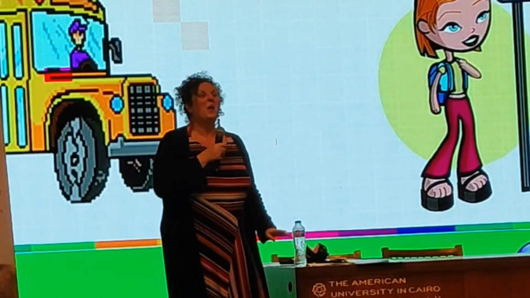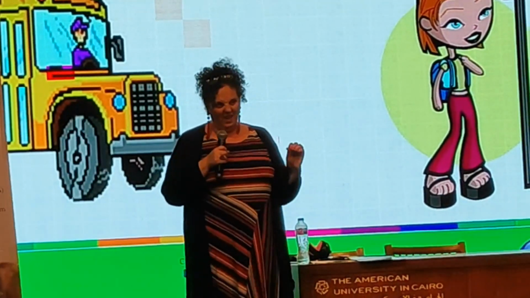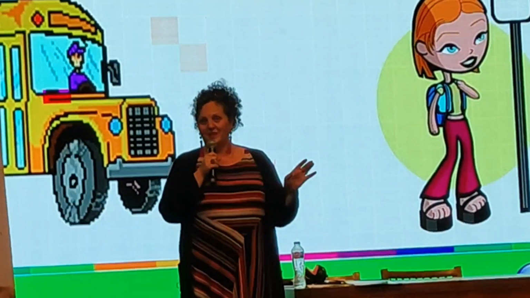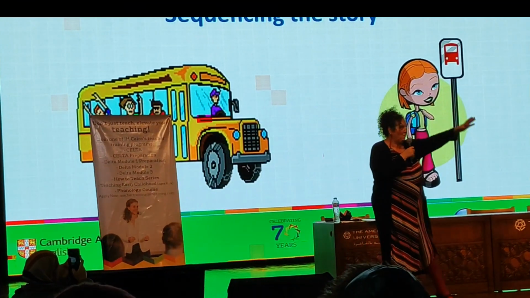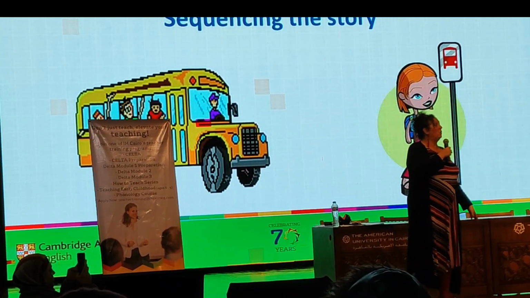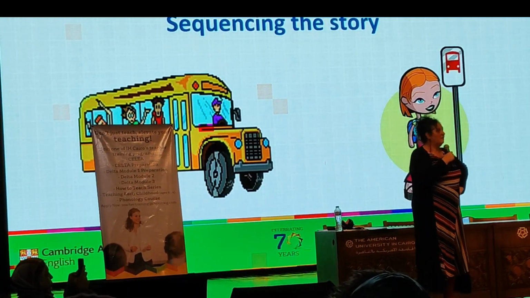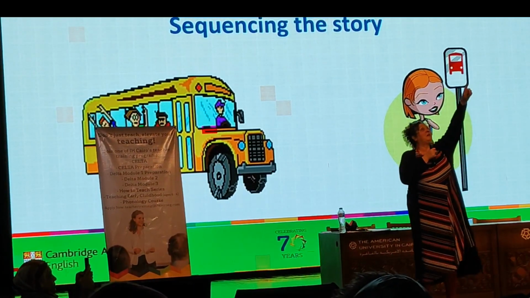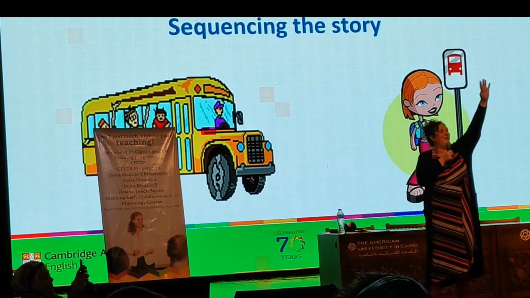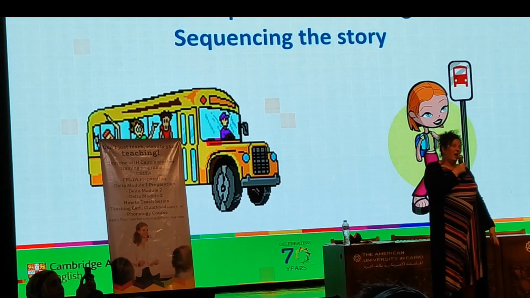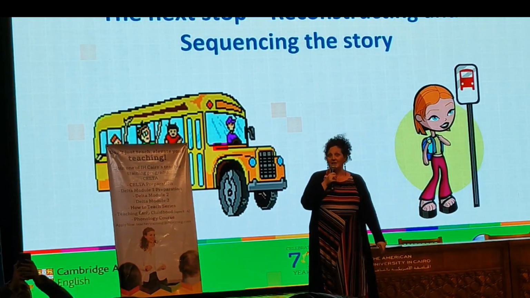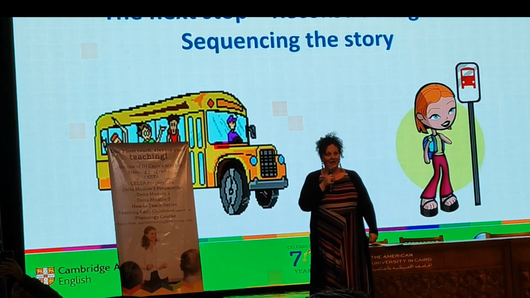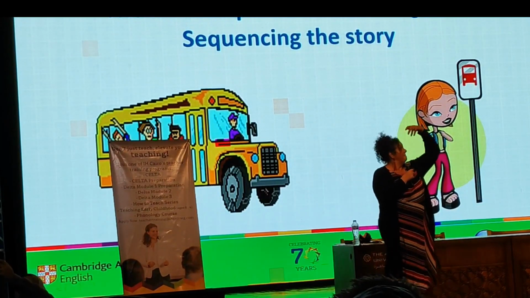So, we're going to say, but my cat likes to hide in boxes. Okay, this is how we're going to do it. This row here, you are all going to say, but, okay? That's the same upstairs. So, row on the left, you're all going to say, but, and then everybody else will say, my cat likes to hide in boxes. Got it? Let's try. 3, 2, 1.